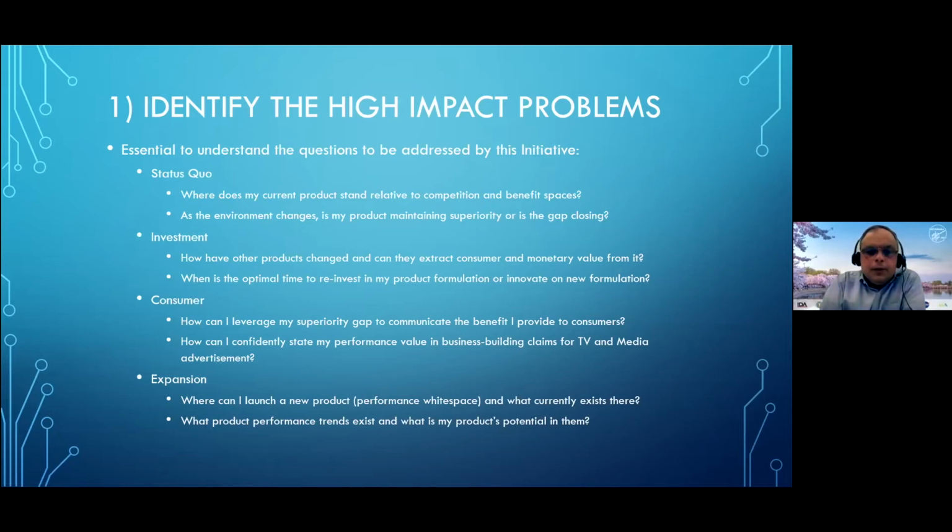As I mentioned, she's a critical part to have in mind when we develop products. And also when we develop superior products, how do we communicate in a proper way the benefits of the products relative to the other products in the market? Could be really very overwhelming for a consumer when she goes into a store and there are a lot of products on the market. And then the last thing is about expansion, or how do we kind of cover white space area and develop products where we currently might not have, or anyone might not have good presence.